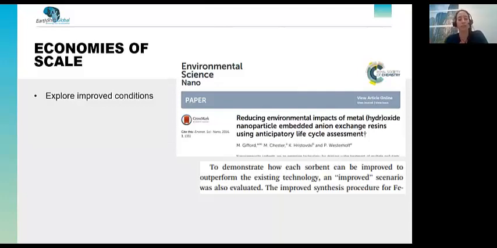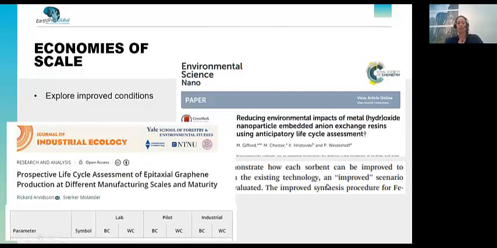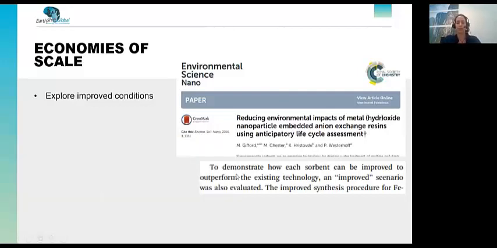So lab, pilot, and industrial scale. The lab scale is basically the inventory that you would have now, something that your material scientists or your engineers are still tinkering with. This is at the lab scale in a clean room, right? If we say, okay, this is not going to be in a clean room anymore, this is going to be the pilot scale, with some improved parameters. And it improves even more, and we're going to call this an industrial scale. That's also another approach that you can use.